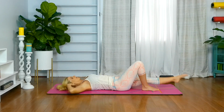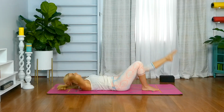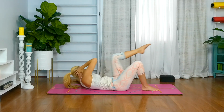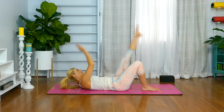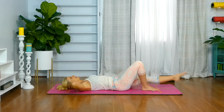15, 14, exhale on exertion, 13, 12, 11, you can always leave the crunch out of it, 10, if you feel like you're pulling too much at your neck, 9,